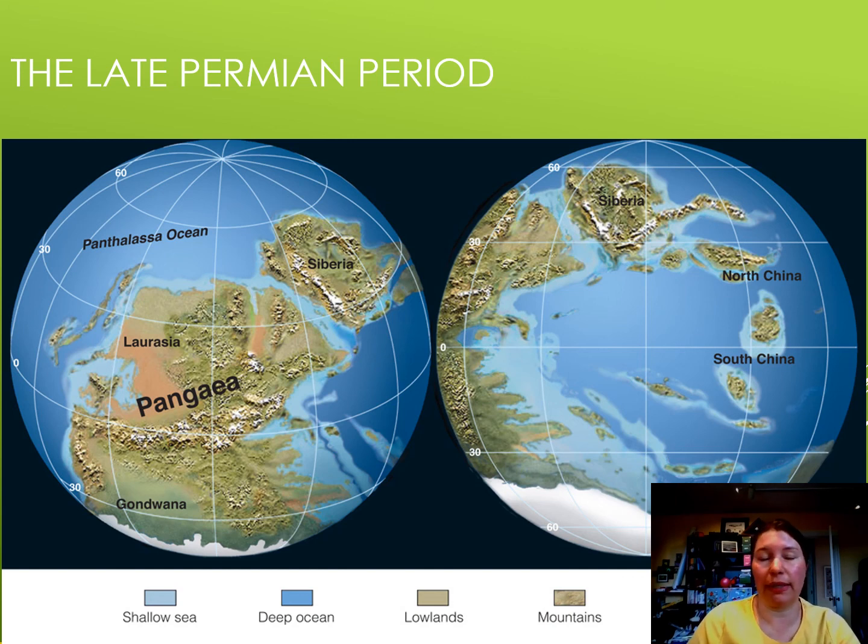So this is the final thrust of the Appalachian Mountains, and they're not going to get any taller after this point. They're just going to be eroded down, and some uplift happens later, but we'll deal with that later. They're largely being eroded. This is the last time we have an orogeny that contributes to the building of the Appalachians.